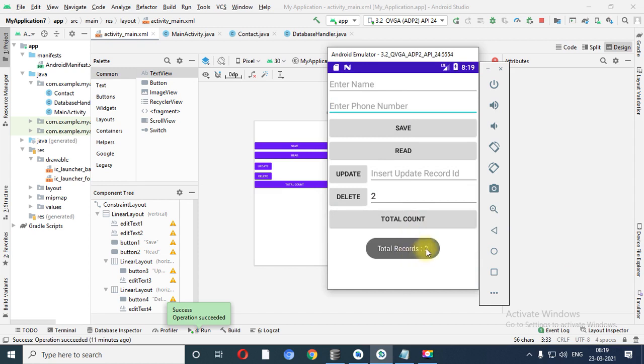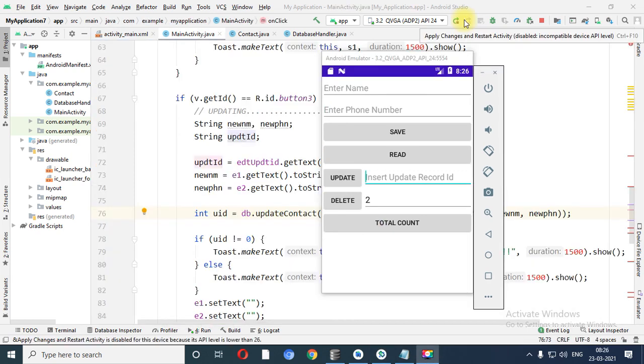Naturally it will return 2, but when you click on the read button, at that time first record and third record. Why is the ID assigned 3? Because see, it is auto generated. So the second record we have already deleted, so it will not assign that ID to the new data, right?